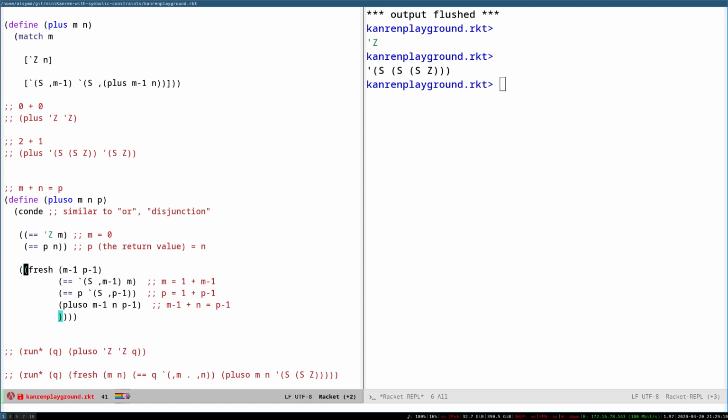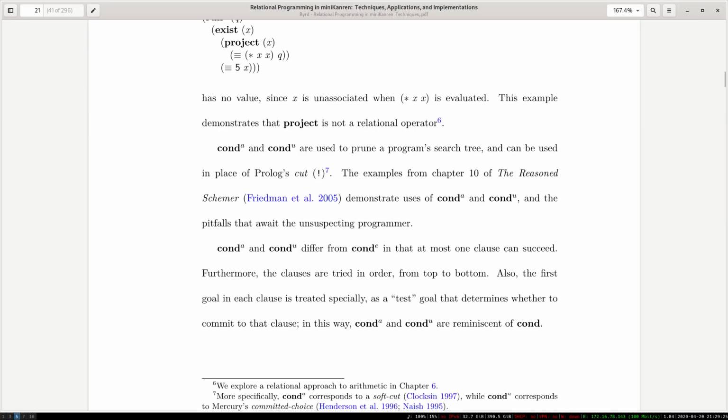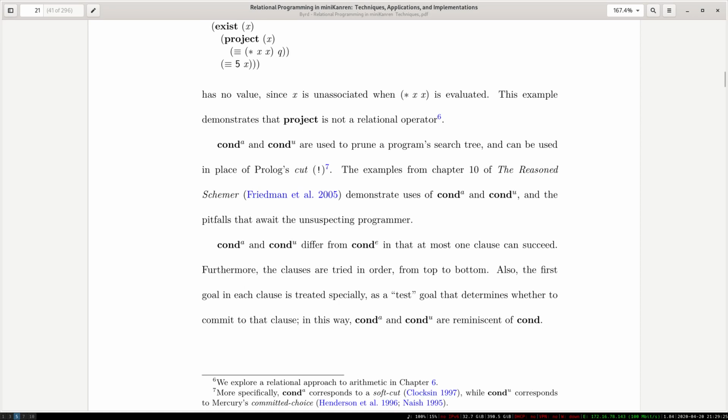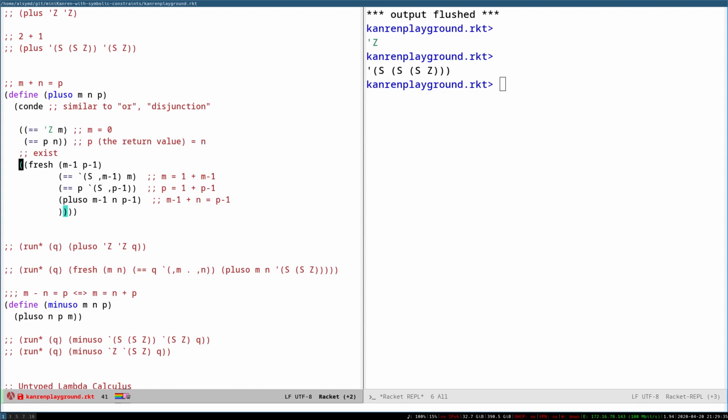So what fresh does is creating existential variables. It's actually the same as the exist, which you see from the thesis, I think. Yeah, they use exist. I mean, they're pretty much the same thing, but most of the modern MiniKanren implementations seem to use fresh instead of exist for whatever reason. So what this does, creates 2 fresh variables, and then we have this constraint which says m equals successor